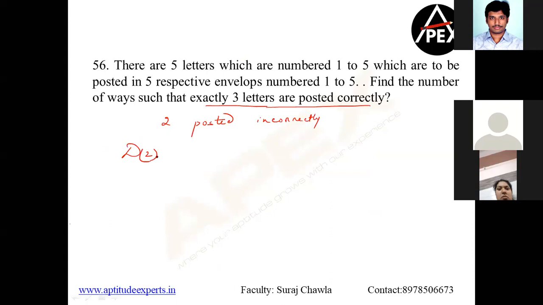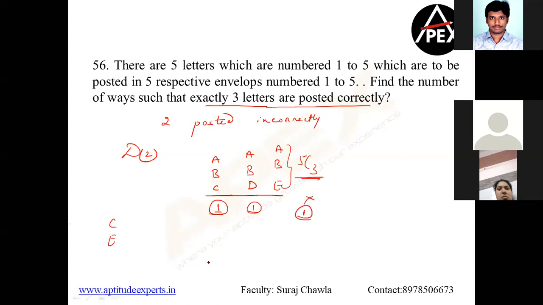Harshita, which 3 is also important, Kadamma? As I told you, in one case I am taking A, B, C in the right envelope. So D and E can go in the wrong envelope in one way. In the other case, I can take A, B, D also in the correct envelope. So if I'm taking A, B, D in the correct envelope, then C and E can go in the wrong envelope in how many ways? Only one way. Similarly, I can take A, B, E also. So what are these? These are nothing but 5C3 cases. Now for each of them, I have one way of putting them in a wrong envelope. Clear, Harshita? That is why we are taking 5C3.